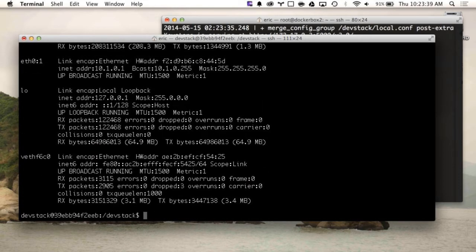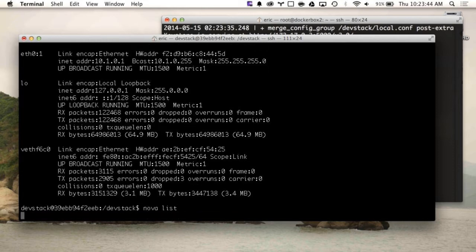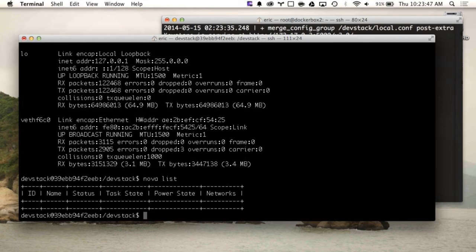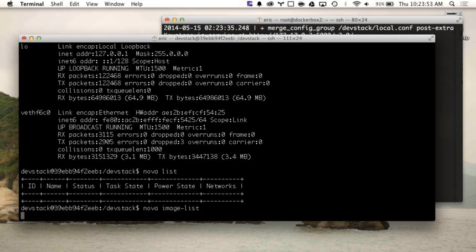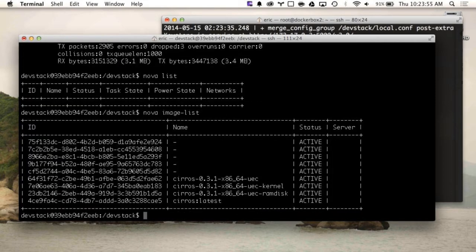So I can do a nova list. We have nothing running in Nova. We can do a nova image-list. And because of a quirk in devstack and the way that the Docker driver is currently integrated in devstack, because it's in StackForge, it will actually download the images for Cirros that are not applicable to Docker, so you'll see them here in Glance, but we also download and install the Docker image, and we can see that using glance image-list,